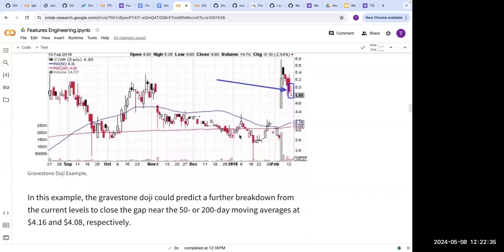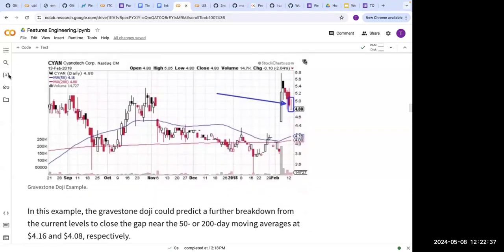What does that mean? In the diagram, you can see that the stock was moving along the purple line, right? So the 50-day average is that, and the 200-day is that. Those two are like two graphs. And when you see this doji, that means a reversal in what's currently going on, right? So if the stock was going in a downward trend and you saw this doji, that means it might go up, or the other way around.